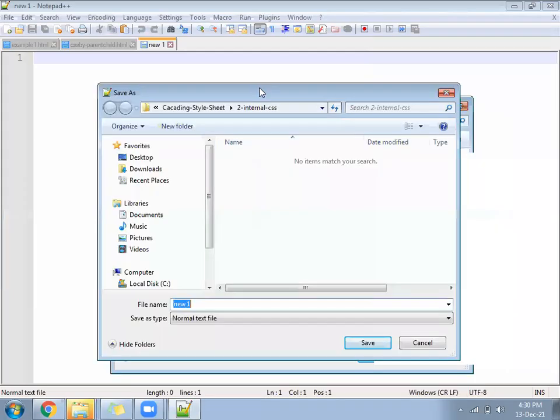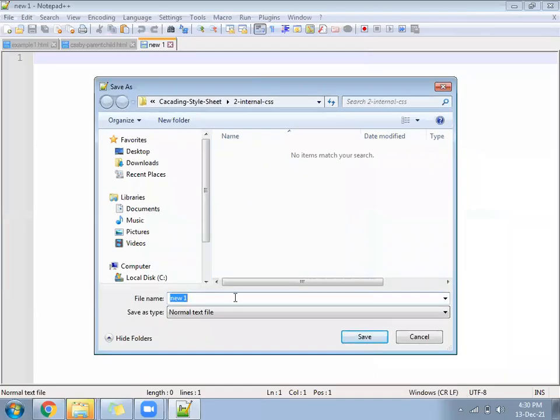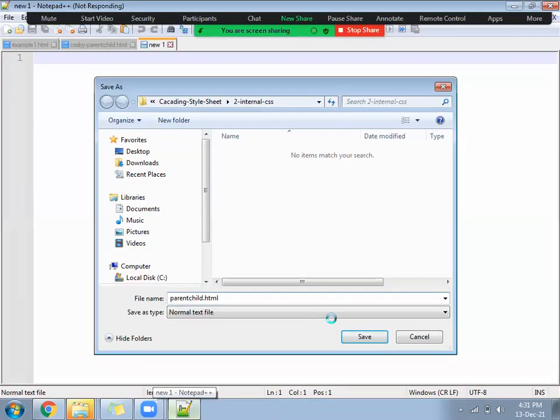Parent child.html. System is a little confused somewhere.